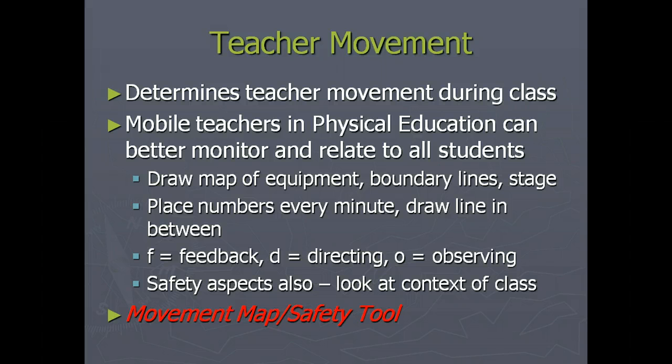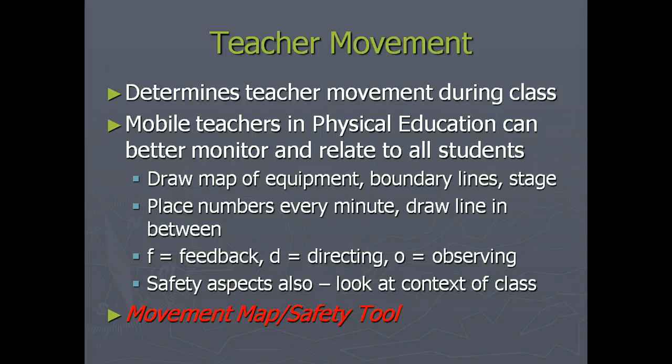This is one of my particular favorites about teacher movement. It determines teacher movement during a class. Mobile teachers in physical education can better monitor and relate to all students. What you do is you draw a map of the equipment, boundary lines, stage, whatever else is in the gymnasium, as if you're looking down on it from above from a camera posted on the roof or the ceiling. They place numbers in every minute and draw a line in between. You also code it for whether a teacher is giving feedback, whether they're directing students, or whether they're observing students,